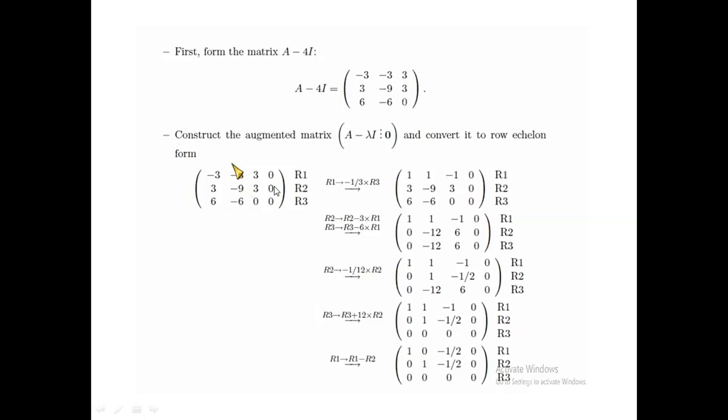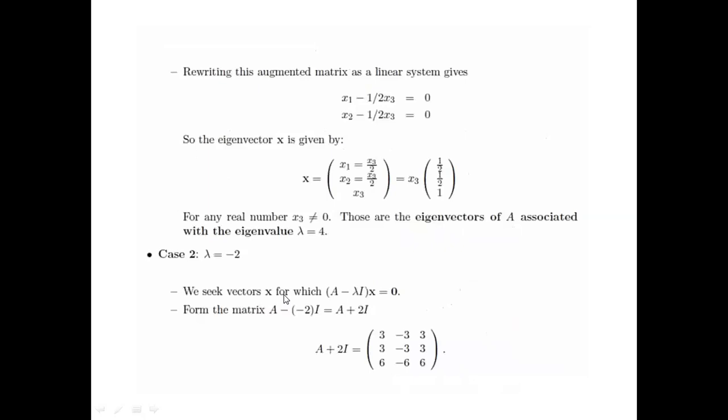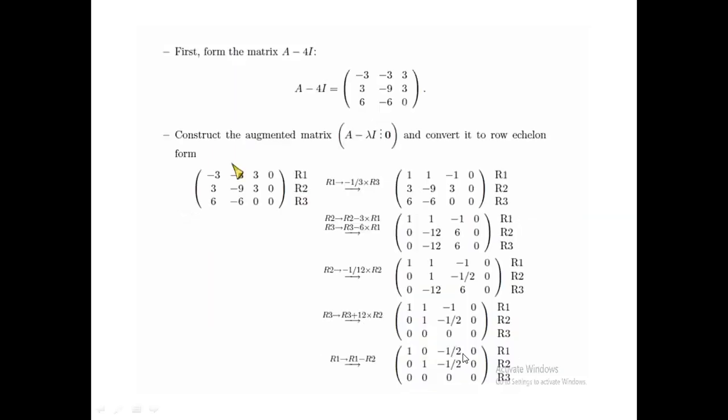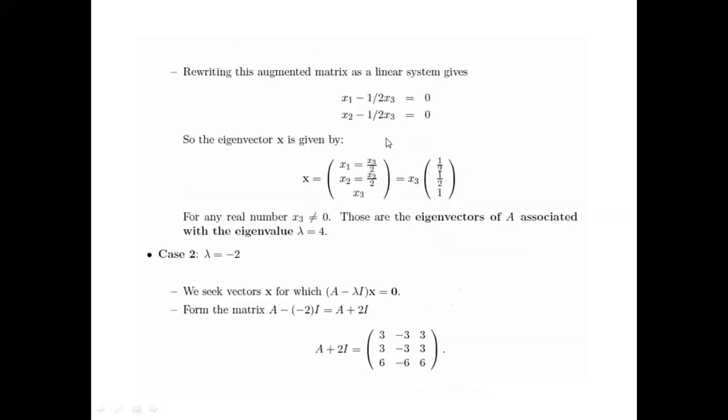Okay. So very interesting here that you can also do a row reduced echelon form of the matrix, okay, and convert it into an upper triangular matrix. And once you convert it into an upper triangular matrix, using this matrix, you can see that you'll have x1 plus 0x2 minus half x3 equal to 0. In the second row, you'll have 0x1 plus x2 minus half x3 equal to 0, and then zeros elsewhere, right? So you can write this equation directly.